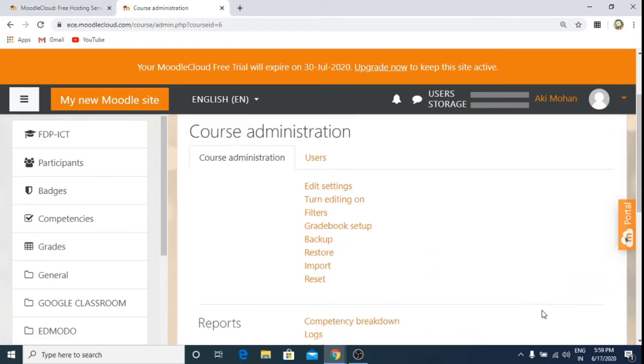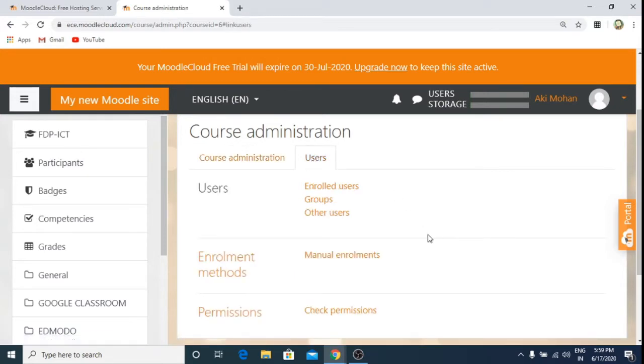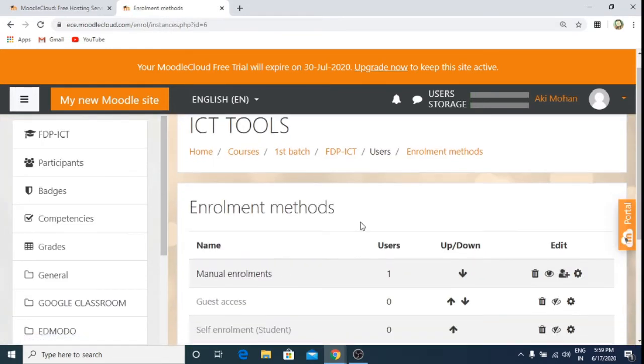Here I have the second option, users. I click on users. Here I'm going to change the enrollment method. Since in the previous video we enrolled them manually, that is what is set up here, manual enrollments. I click on this enrollment methods.